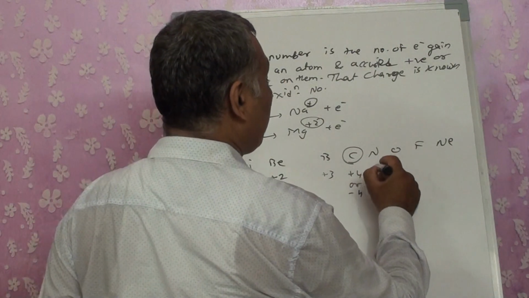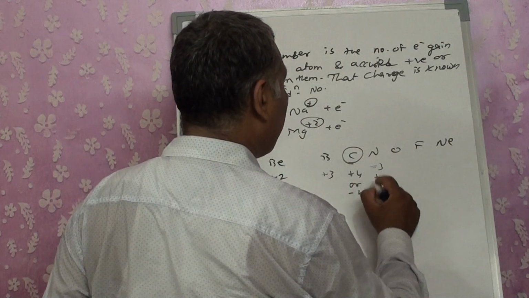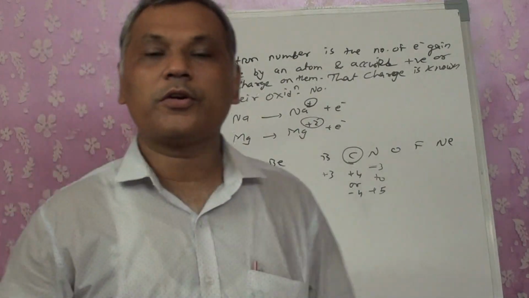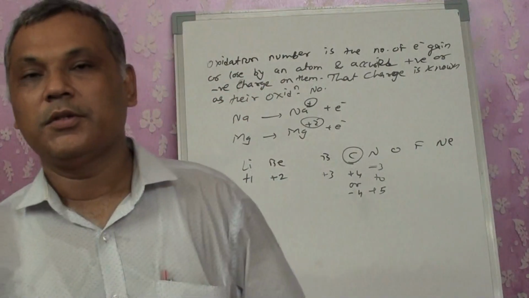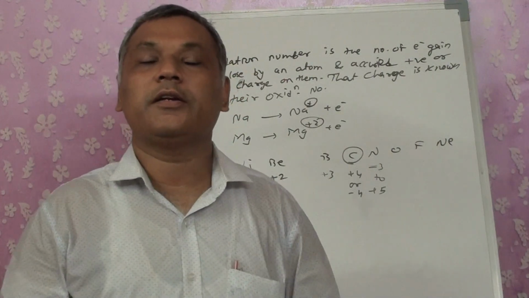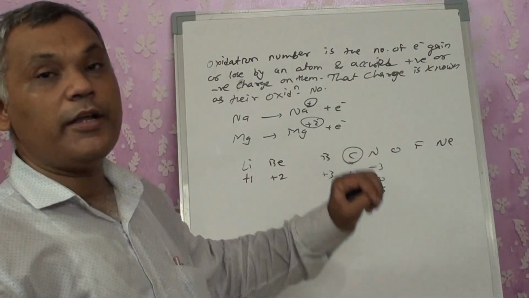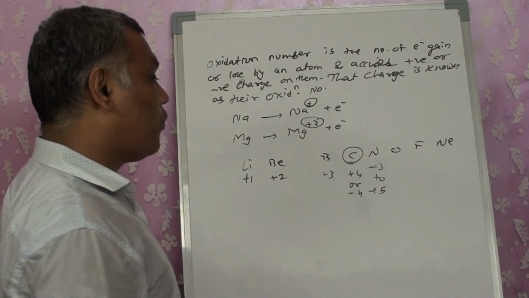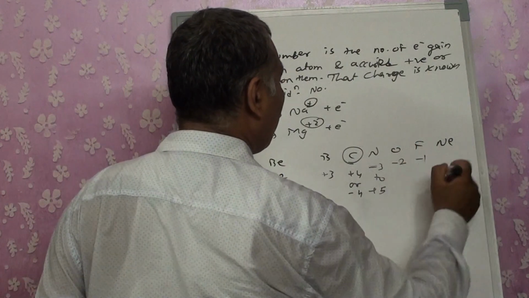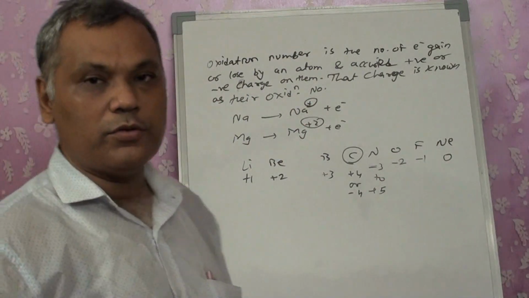Nitrogen we will be having it as -3 to +5. It's having 5 electrons in its outermost orbit. To complete the octet, it may gain 3 electrons and it may also donate 5 electrons so that it can get an inert gas configuration. And that's the reason why we get the range of the nitrogen as -3 to +5. For the oxygen, we get it as -2, fluorine always -1, and neon neither gains nor loses.